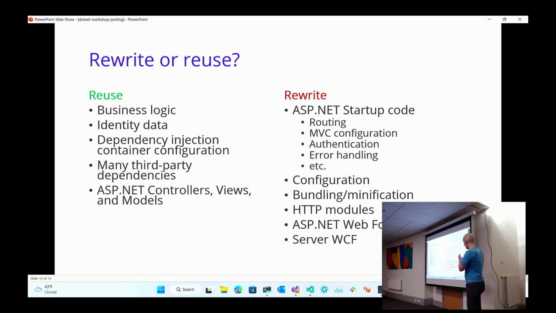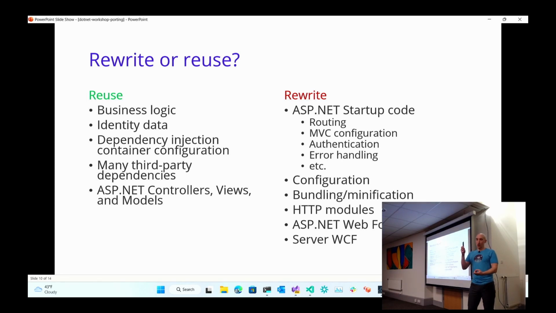So my recommendation for a lot of folks is, say for instance you have this massive web project, and there are thousands of classes in there and all these lines of code. Start moving some of that into a class library, like a .NET Standard 2.0 class library. Over the course of time, chunk by chunk, move stuff that's reusable. Then the only thing left in your web project is code that needs to get rewritten, and you'll probably be surprised at how small that actually is.